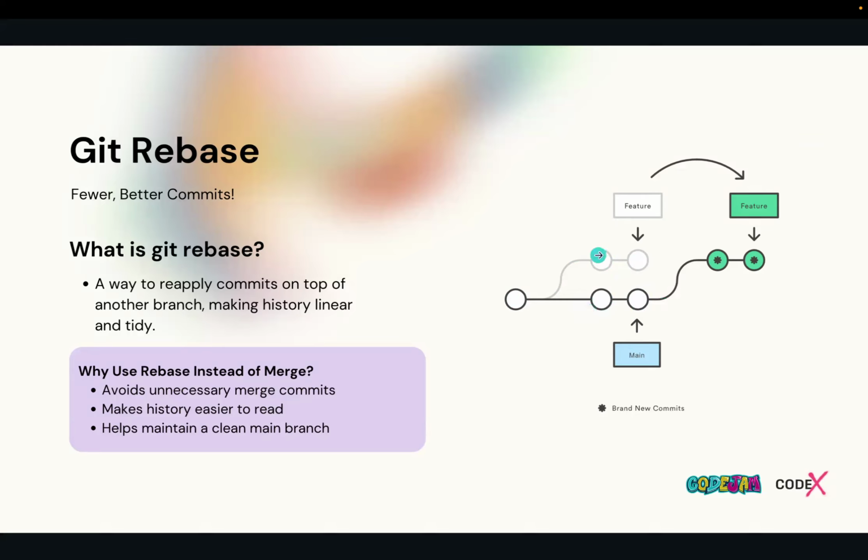When you are rebasing the main branch to your feature branch, the main branch will remain the same without a single change to the timeline, and all the commits added to your feature branch will be applied on top of the changes on the main branch.